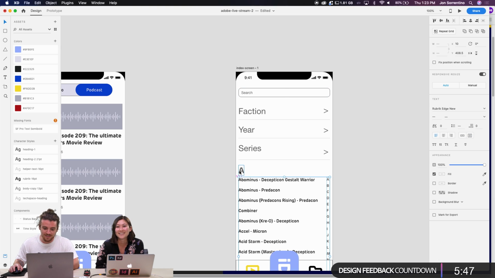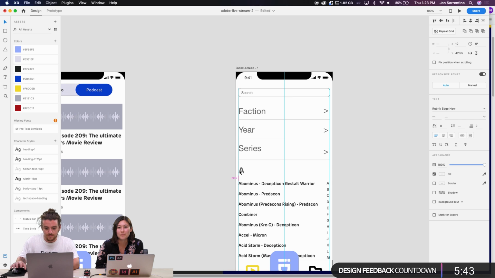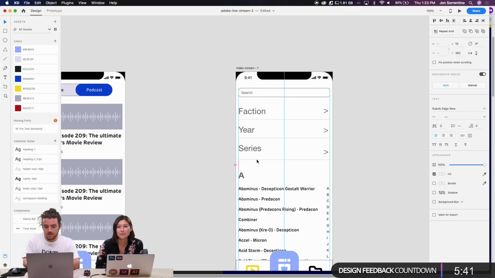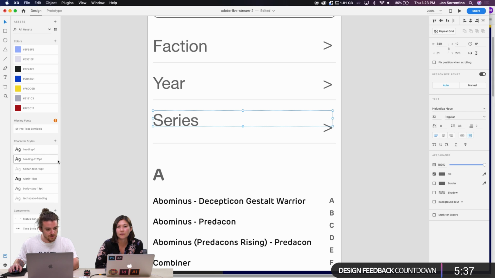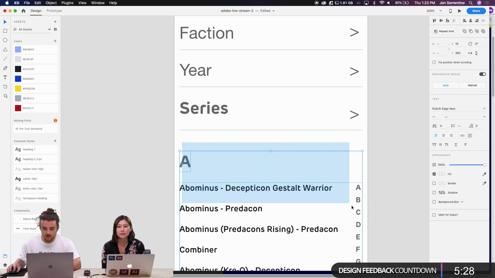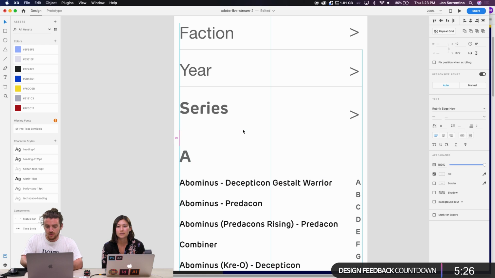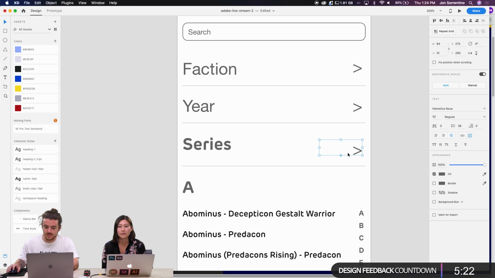Drop the ball. Give it some spacing. All right, cool. And then I want to get these starting to feel a little bit better as well. So let's get our headings in here. What size is this? 32? This is our heading 1. Yeah, that could work. 20, keep our sizing consistent.